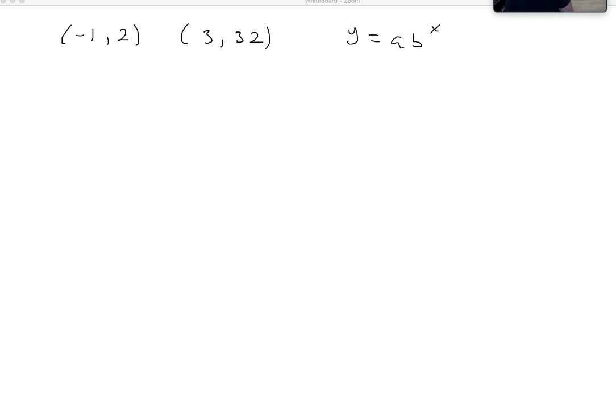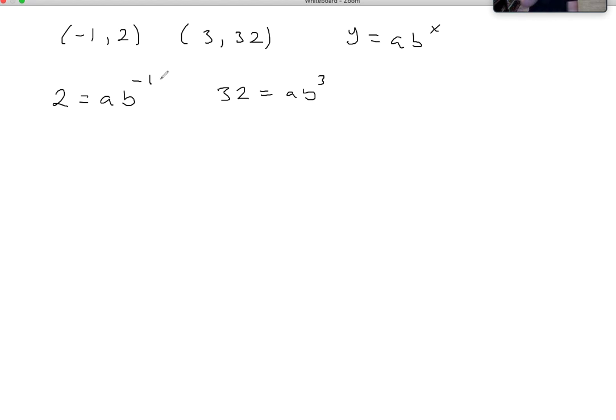Okay, well, let's take a look. So we have these 2 points and we're finding the equations. We're going to set up two equations in x and y and solve for a and b. So let me get that set up over here. The y is 2 for that one, and then we have 2 equals a times b raised to the negative 1. And for the second equation, that would look like 32 equals a times b